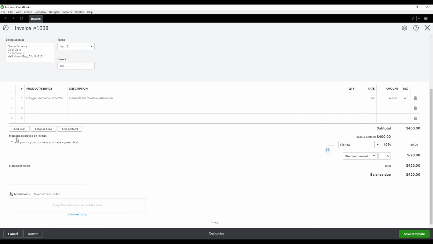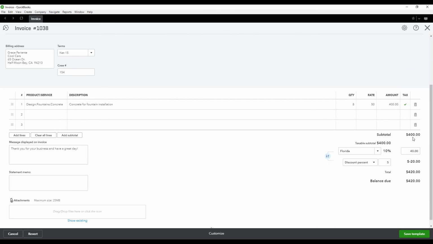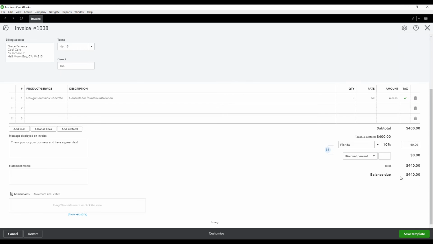Again, you could customize your message displayed on the invoice. If you want to create a statement memo, you can. Then you could add, or drag and drop any attachments that you want to add to this invoice as well. And as stated before, here's your total amount. Here's your taxes. If you're going to charge taxes, here's the taxable amount, discount percentage. And if you don't want to give them a discount going forward, you can just delete this, and that will revert back to zero. So the balance due every month will be $440. You save the template, and then